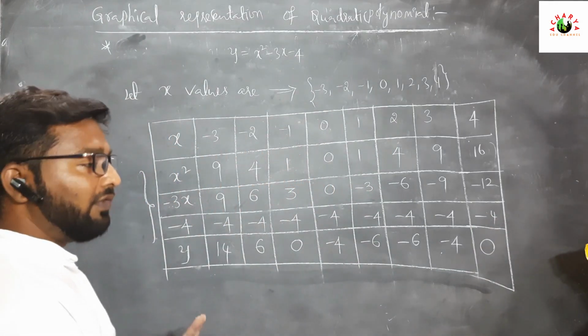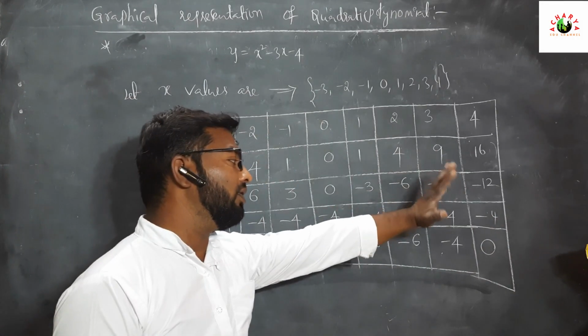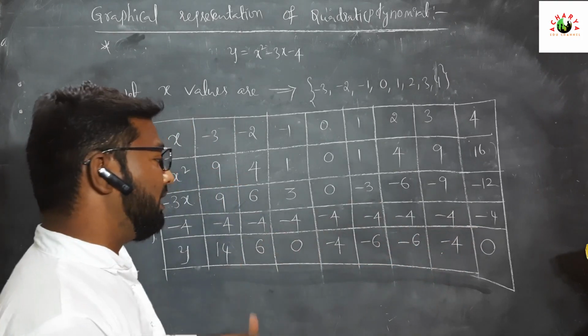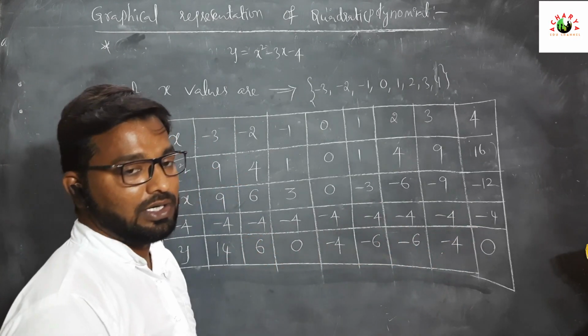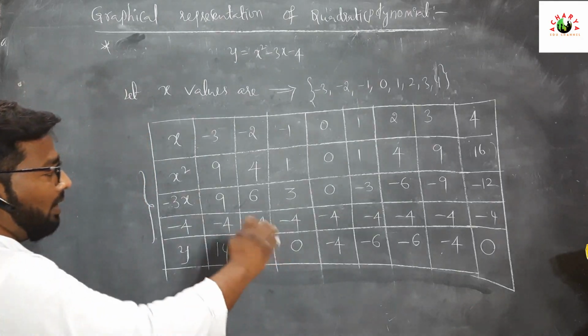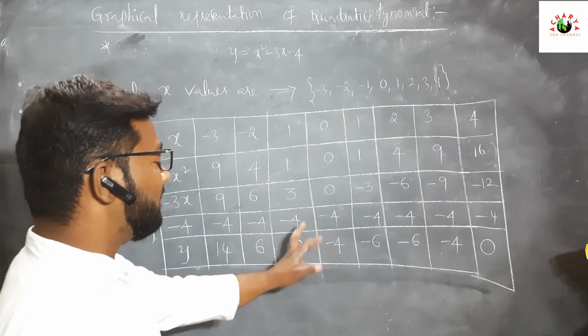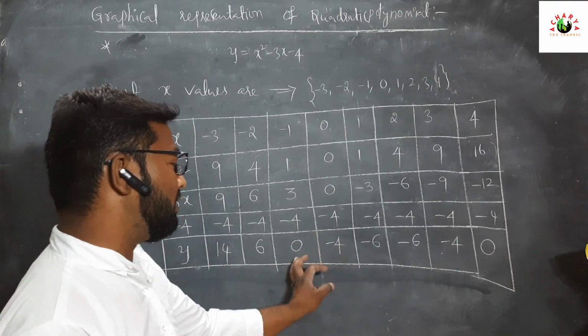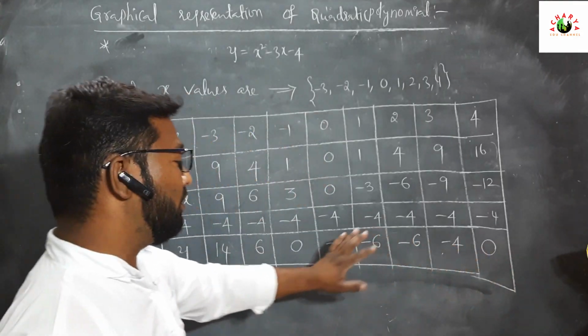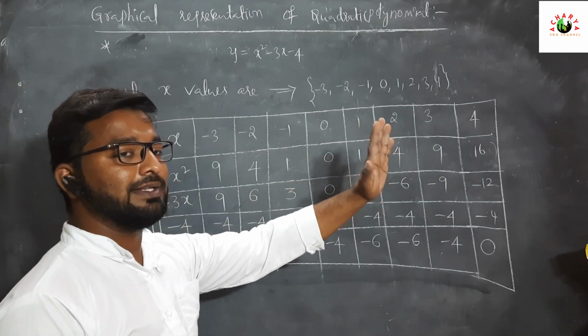For example, if you don't know whether for a given x value we will get the value of y as 0 or not, that is not a problem. If you didn't get the value of 0, both zeros here, 2 zeros, then no need to write one more 4, 5, 6 like that.